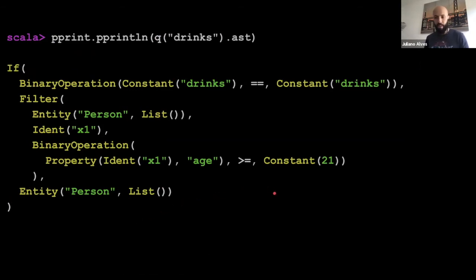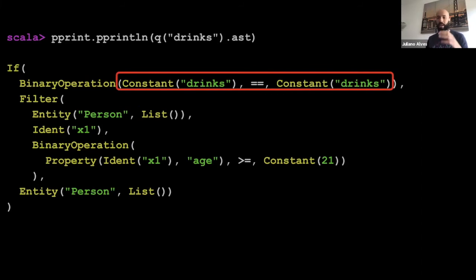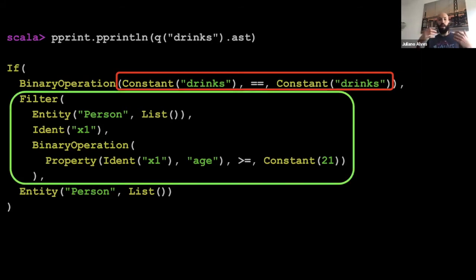But wait a minute. At this point, I already have the values I need to evaluate that condition. And because of that, I already know that what I'll execute is actually the then condition, the first clause. What if we had a way to skip everything else, given that we know the result of that evaluation, and just drop it? And instead of going through both conditions and trying to translate them, we just ignore that. And at this point, I think we already have everything we need to do so, right?